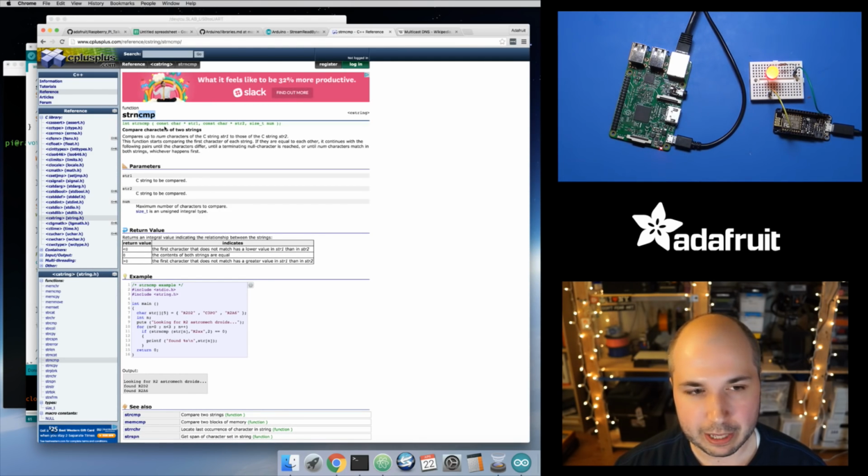And this one, it's just like string compare. It takes in a string and another string, but it also takes in a size, and that's kind of a maximum size. So it's going to look through each string, and it'll look at most at the number of characters you pass in. So if I pass in 3 for this num value, it's only going to look at most the first 3